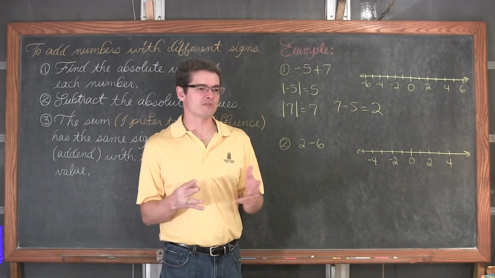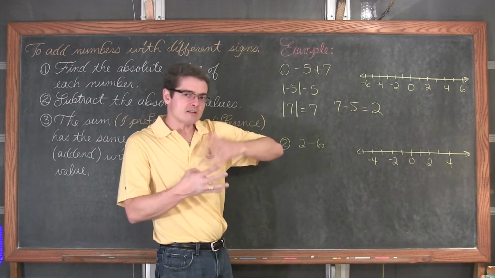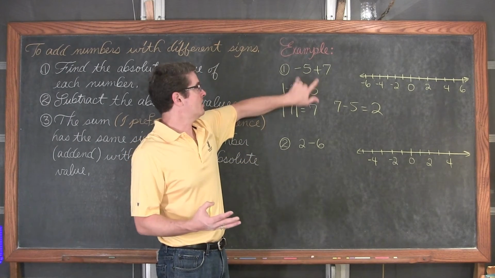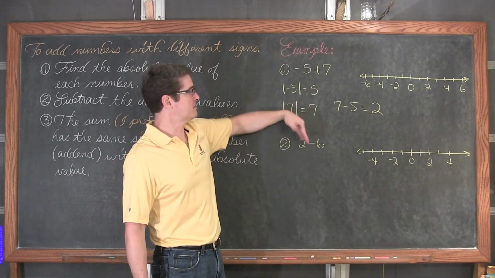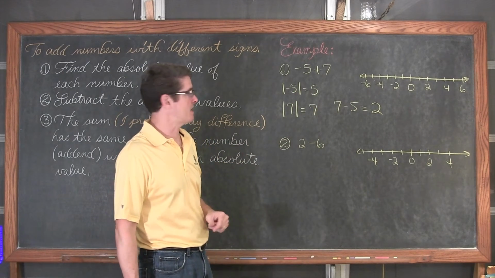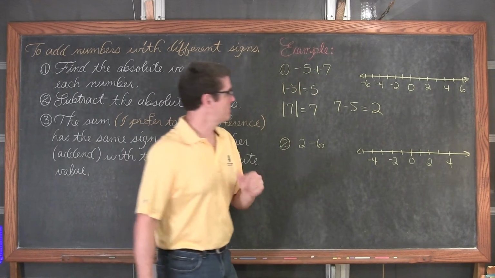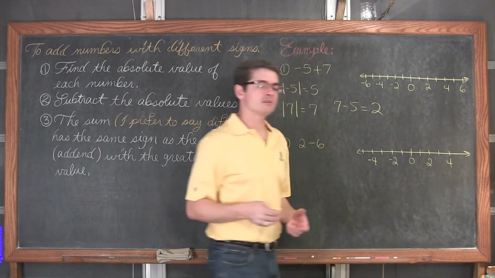And then I sort of fib a little bit, and I say, what's the bigger number? I say that because I want the students to ignore the signs. That's actually what the absolute value function does, it lets us ignore those signs for a minute and just look at the positive values and go, oh, 7 is bigger. Good, 7 is bigger, it's positive, so our answer is just going to be positive 2 like I have written here.